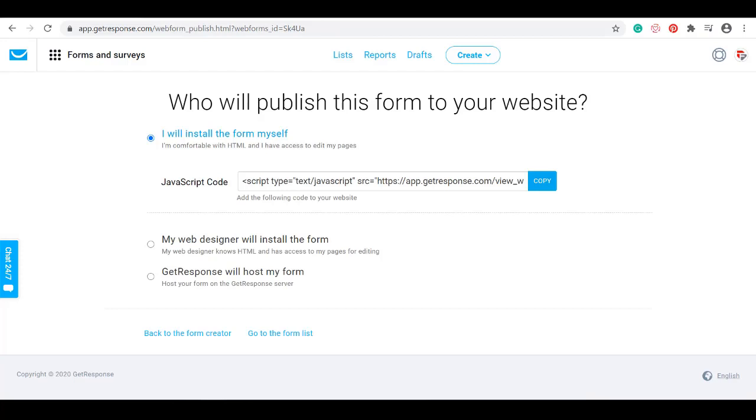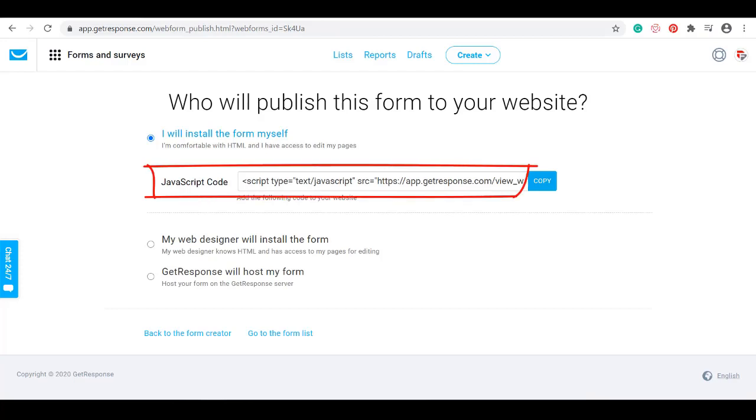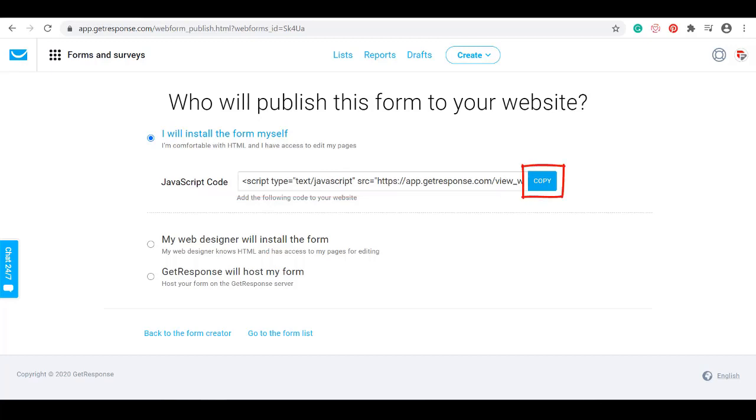On this page, you will see the JavaScript code that you will need to copy if you want to embed this form to your site. Click on this button to copy the code. You can paste it on your notepad so that you can use it later as you embed it on your website. Now that you have the code, you can paste it on your blog or website where you want people